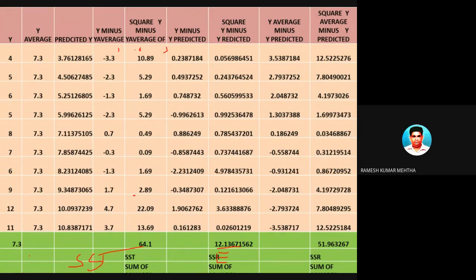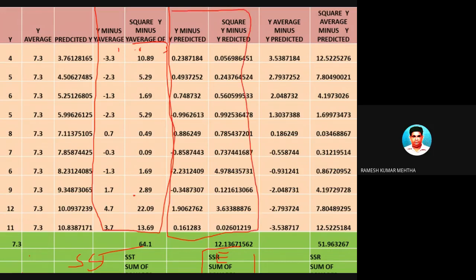Now we will find out sum of squares error. So the formula for finding out... So this is one part which is used for finding out SST. Now we will find out this part to find out sum of squares error. And sum of squares error is 12.3. We will find out how we have arrived at